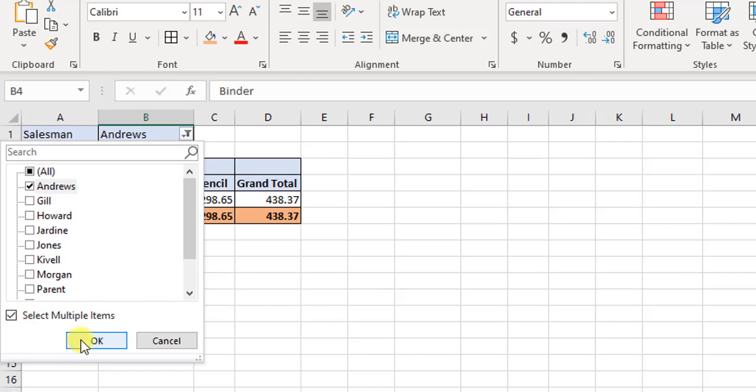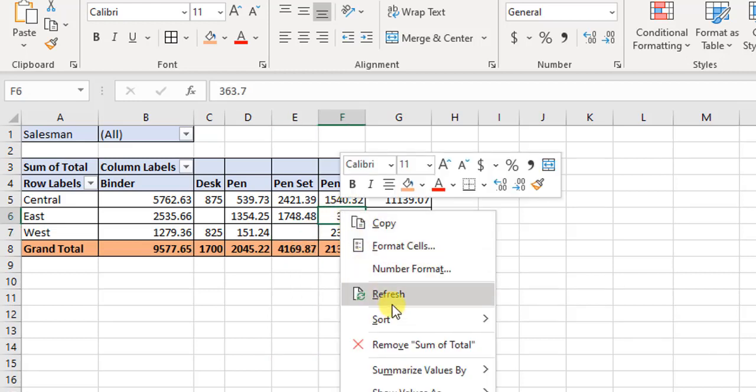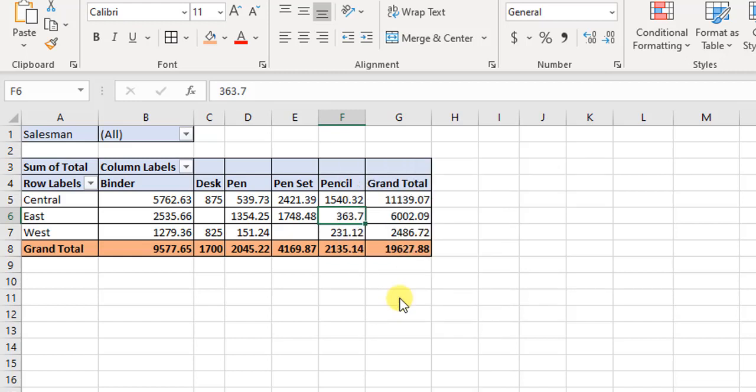So what I need to do is, every time I make some changes in the source data, I have to just select my pivot table, right click on it and click on the refresh option to refresh the data. That's it. With one mouse click the data gets refreshed and it will pull the new data into the pivot table. So this is how we go ahead with pivot tables.